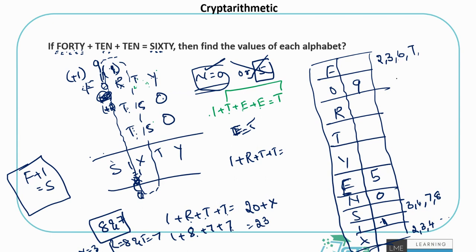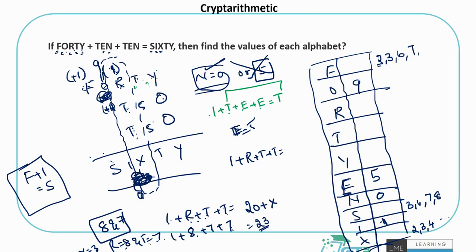So in that case 3 is ruled out for both. I mean F can't be 2 because S has to be 3 in that case, and F can't be 3 because x is already 3. So there are only 6 and 7 left for it. So there is a problem here. I will just repeat it, right. If I take R as 8 and T as 7, what is the value I am getting for x? I should be getting x as 3. 23, so this will be 3 and 20 is carried forward here.